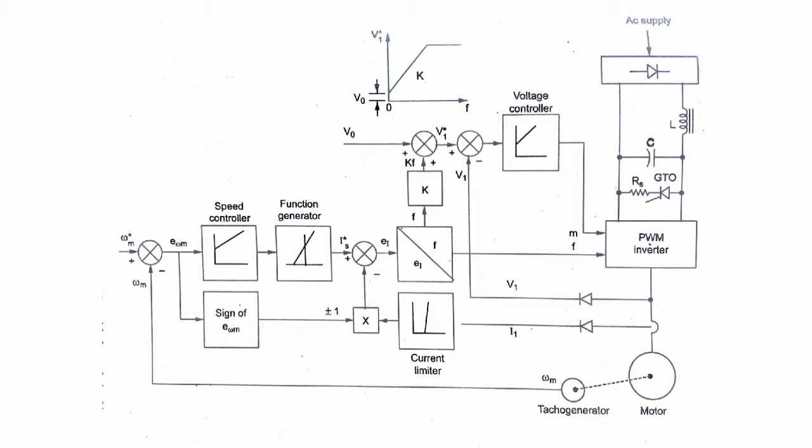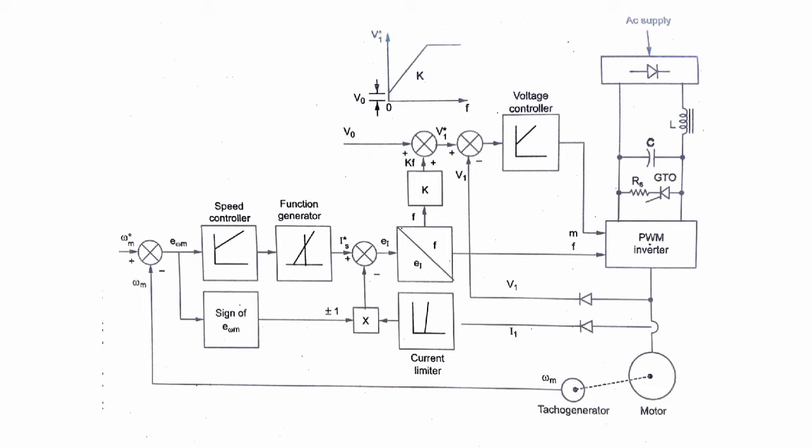Next we are going to learn how the frequency of the induction motor changes. It completely depends on the desired rotor speed N, at which speed we want to rotate the induction motor. Based on that, the line frequency to the induction motor has to be changed, by which the synchronous speed Ns changes and hence the actual rotor speed N.